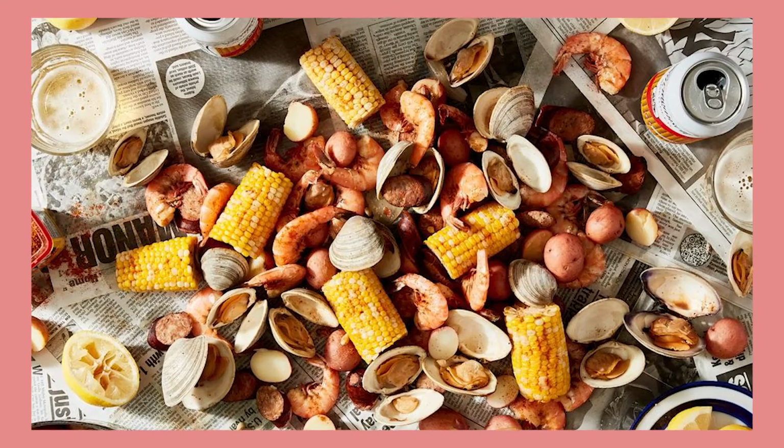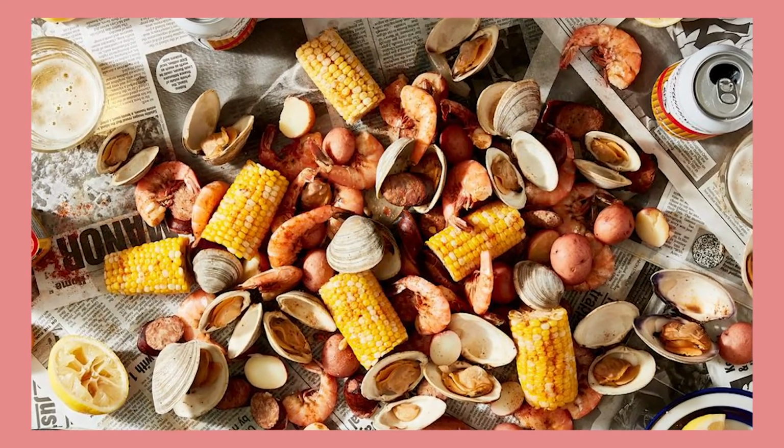Now, last but not least, a seafood boil. Now, I tend to do this at home myself because I love seafood, but there are a lot of restaurants that do it well also. Now, a seafood boil is when you combine shrimp, sausage, corn, potatoes, egg, boiled egg, whatever you want, and you put it in the same pot with some Old Bay, cayenne, some garlic, some